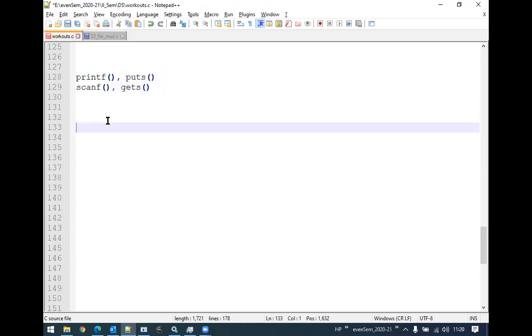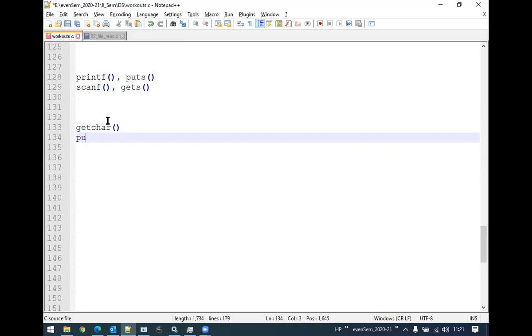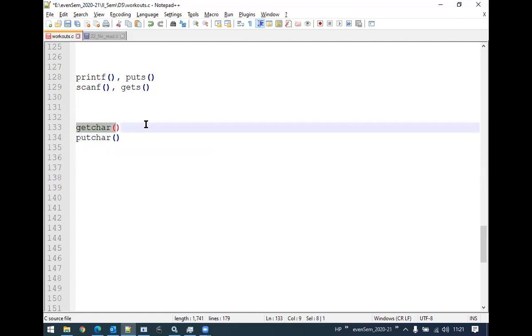Similarly, we have two more functions which implement character-oriented input and output operations on standard devices. They are called getchar and putchar. By just looking at the name of the function, you can think that getchar is for the input operation and putchar is for the output operation.